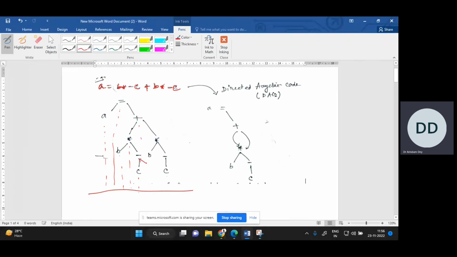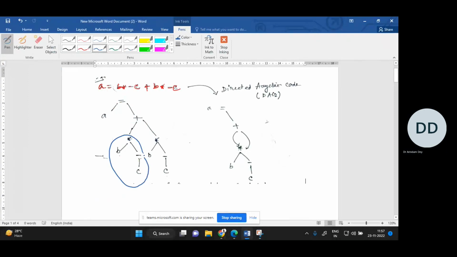Actually, the minus operator is there, so c is on the right side. First the minus will come and then the c value will come. So if I convert it into an infix or inorder expression, then I will obtain the equivalent expression, right? Now, in the intermediate code generation phase, what we are doing is this: